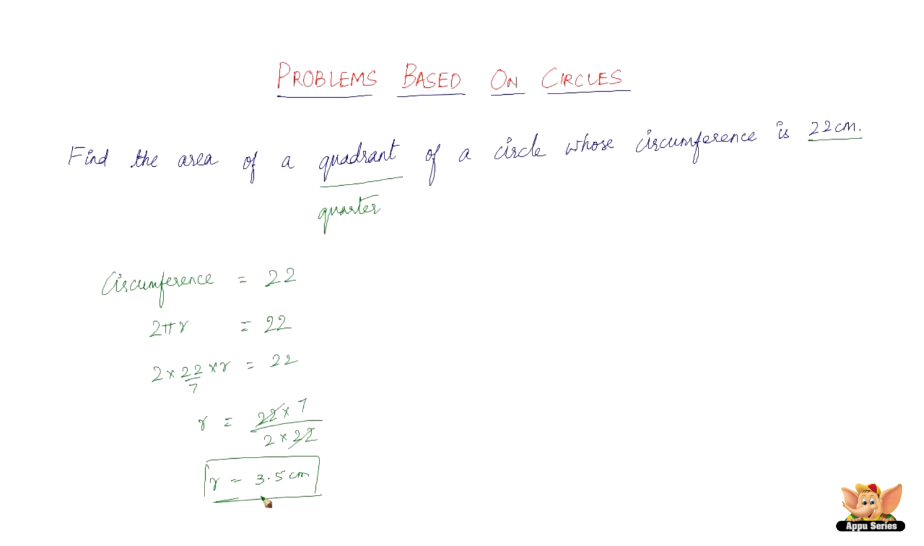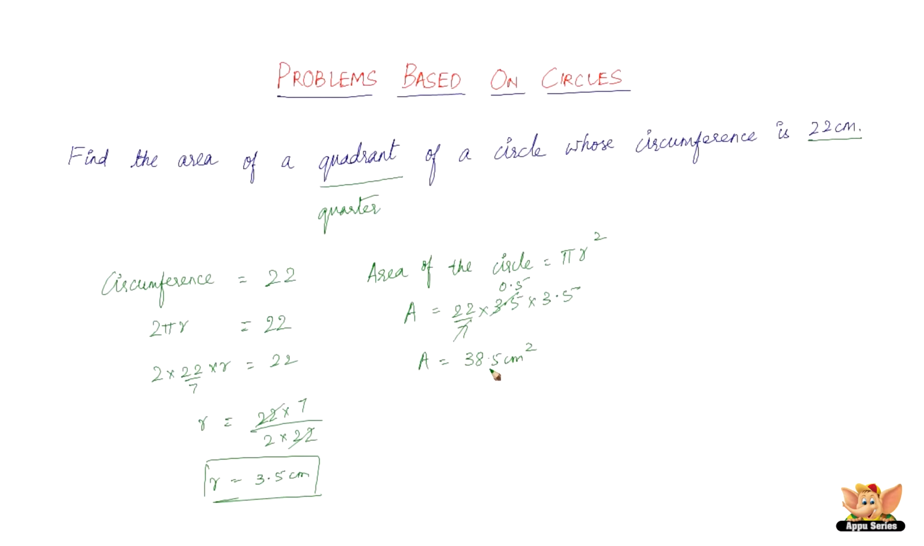Now use this radius to find the area of the circle. Area of the circle is given by pi r square. So therefore, area A is given as 22 by 7 times r square, which is 3.5 times 3.5. So 7 goes 0.5 times in 3.5, and the multiplication of all these gives you 38.5 centimeters square. So the area of the circle is found to be 38.5 centimeters square,